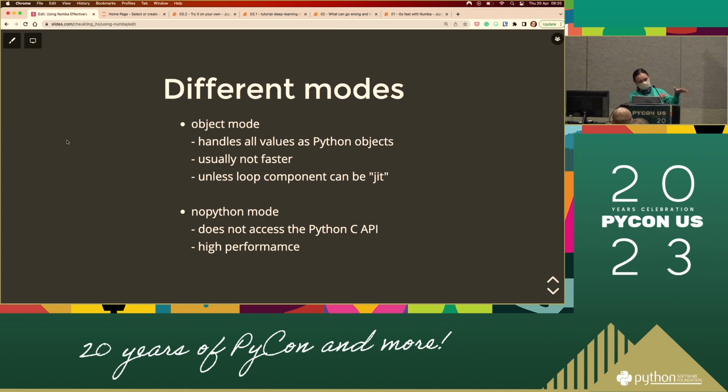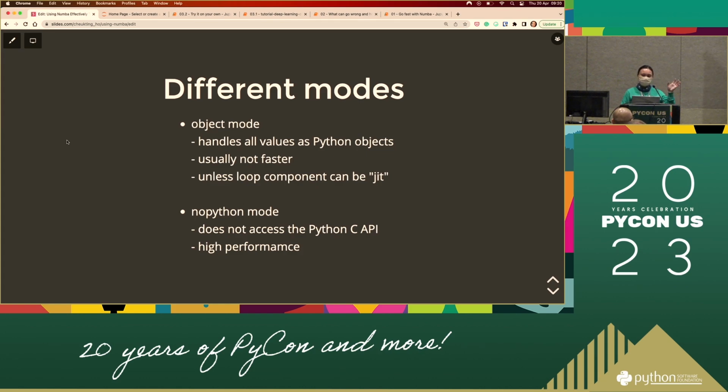It will see your Python code and tell the C API to do stuff. So we want to bypass that. We want to directly compile that bit of the code, and then it will get called directly at very fast speed because it's low-level code. Its performance is very good.